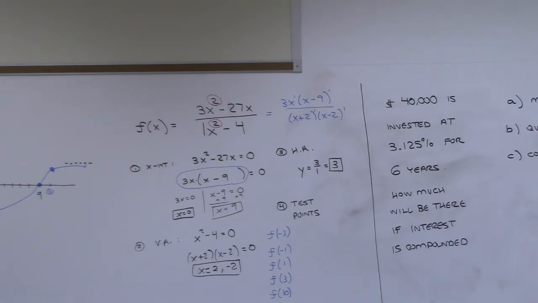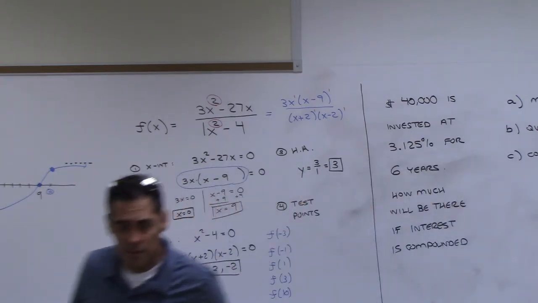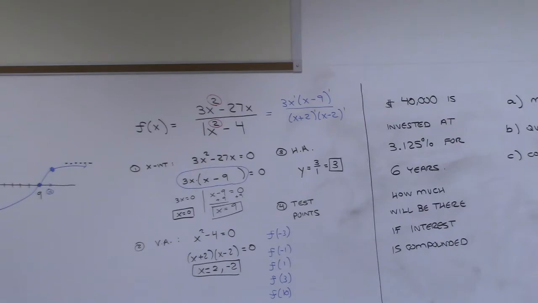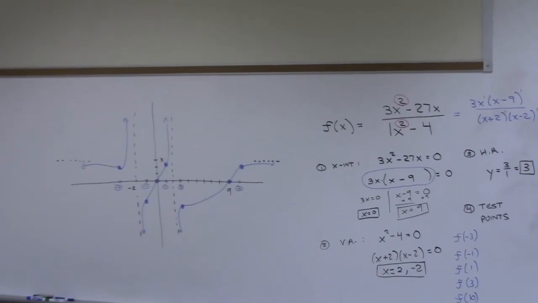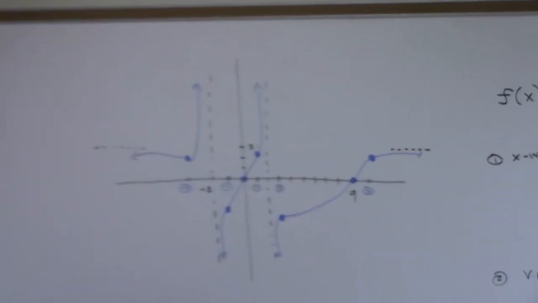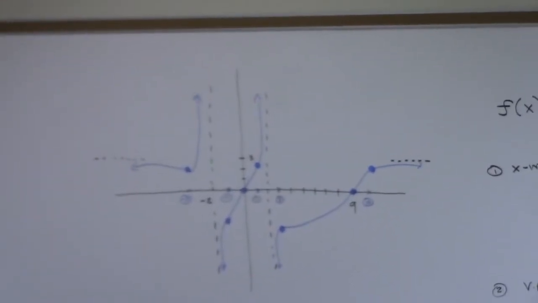Okay. Should we move on to the next problem? Let me just make sure I get that on the... Real quick, when you figure out that it's going to alternate and you have your horizontal and vertical asymptotes, you can just kind of put dots or points anywhere. Once you find out where your vertical and horizontal asymptotes and your x-intercepts are, you can just put your points along with them, like how high and low they are.